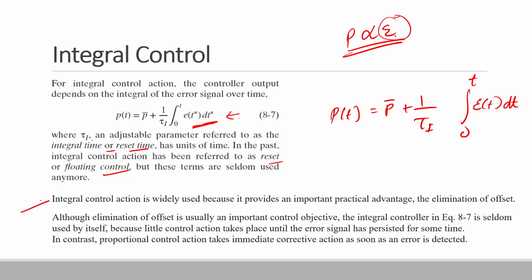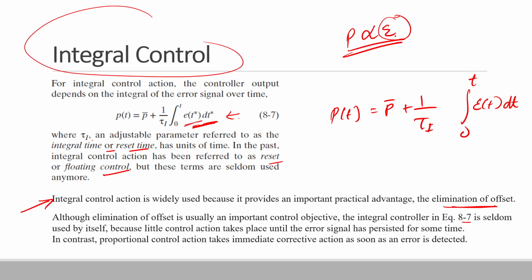So yes, integral control action is widely used because it provides a practical advantage, that is, elimination of the offset. Although elimination of offset is usually an important control objective, the integral controller in equation 8.7, that is this equation, is seldom used by itself. So we can't use this integral controller alone. We need to use it with a proportional controller,